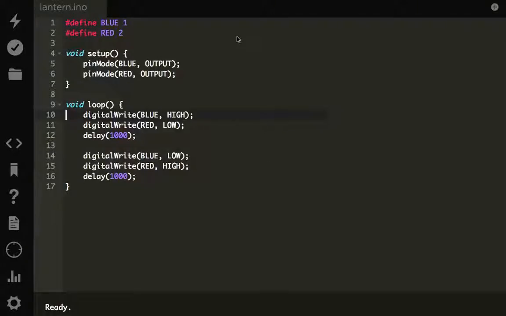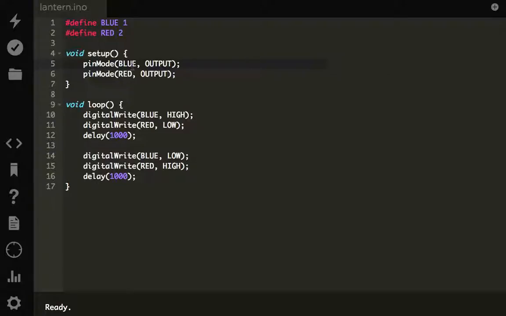Now that I've constructed my lamp, I want to program the controller that's driving the lamp. To do that, I'm actually using an Arduino compatible controller, the Particle Photon, and so the code is going to look a lot like Arduino code. So in Arduino code, what we usually do is that each of the pins are controllable,